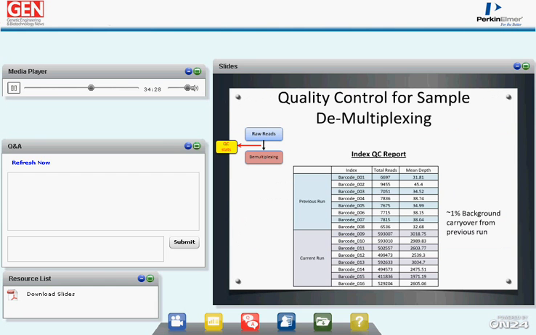We calculate QC at this step because there's residual carryover from run to run that could impact the final variant detection. In this case, you can see that between the previous run and the current run, we actually see about a 1% carryover of residual DNA. So this prompted us to go back and refine our processing for machine washing in between each sequencing run, and is an important QC parameter